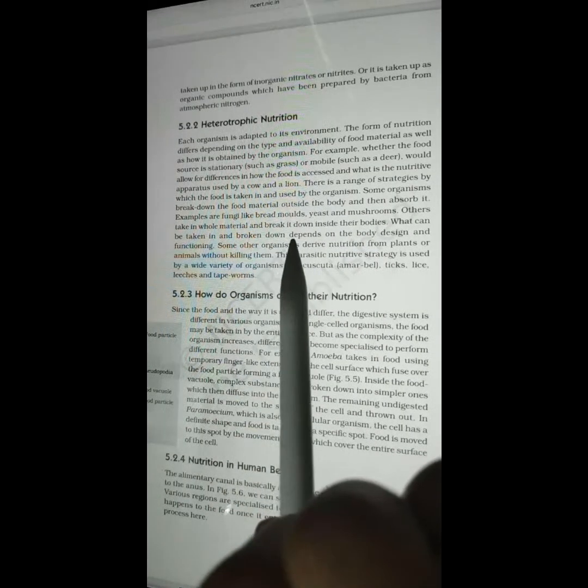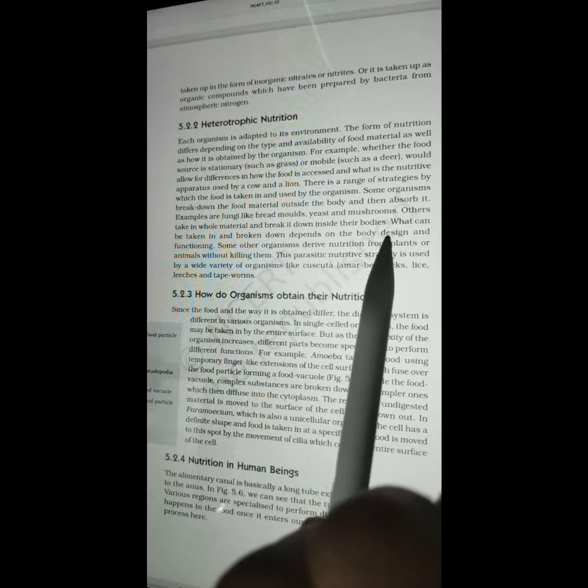Some organisms break down the food material outside the body and then absorb it. Examples are fungi like bread molds, yeast, and mushrooms. Others take in whole material and break it down inside their bodies. What can be taken in and broken down depends on the body design and functioning. Some other organisms,